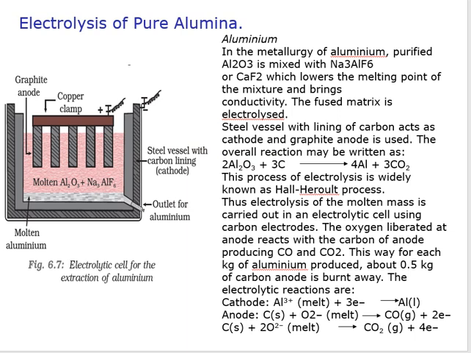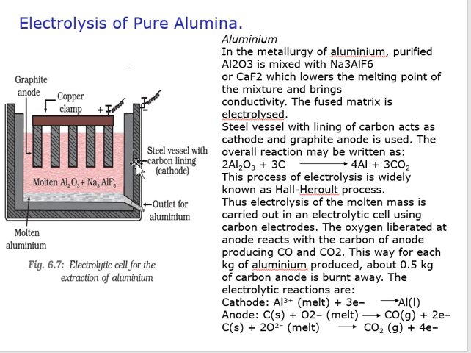So, electrolysis of pure alumina in the metallurgy of aluminium: molten Al2O3 is mixed with Na3AlF6 or calcium fluoride, that is, cryolite or calcium fluoride. What is the main purpose of adding cryolite? Because it lowers the melting point of the mixture, and in this process, this steel vessel